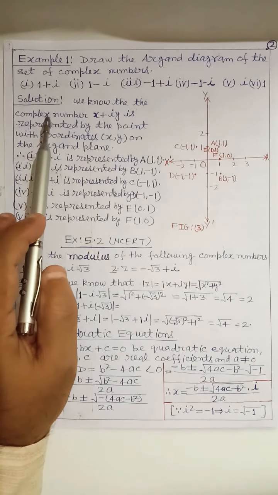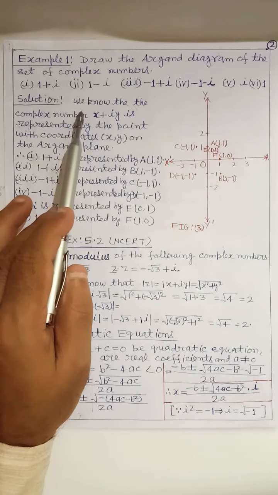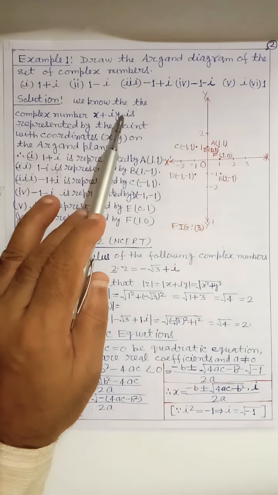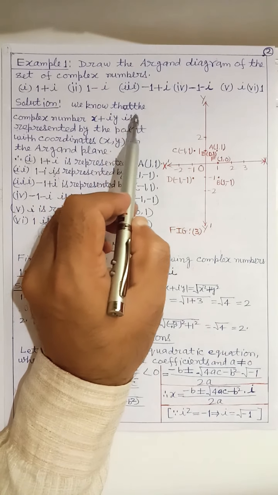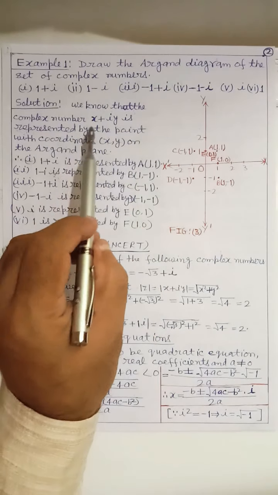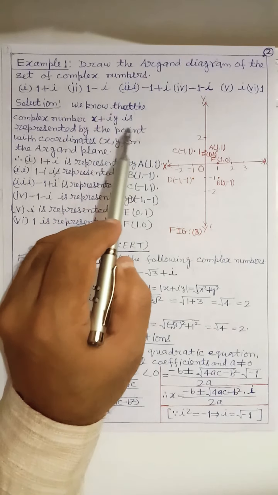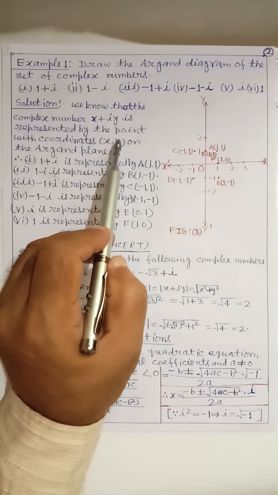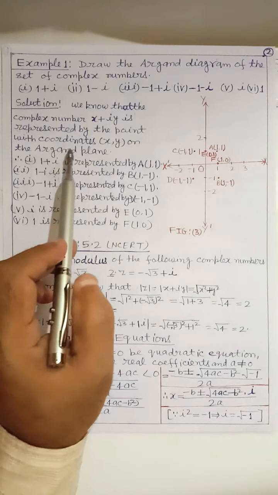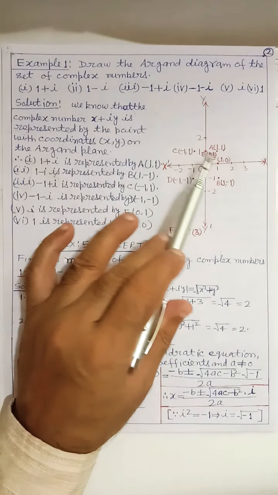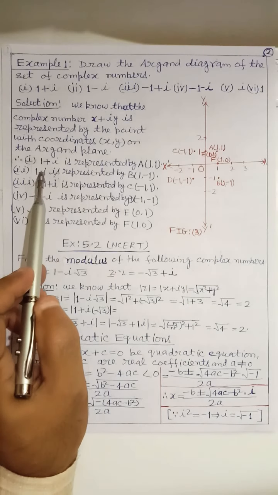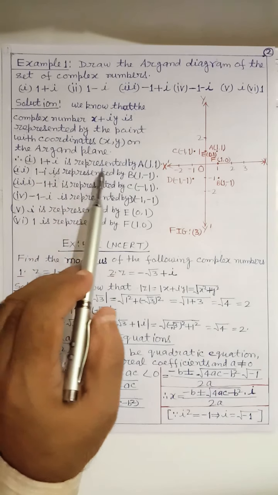For the solution, dear students, we know that the complex number x plus iy is represented by the point with coordinates (x, y) on the Argand plane. Here 1 plus i is represented by